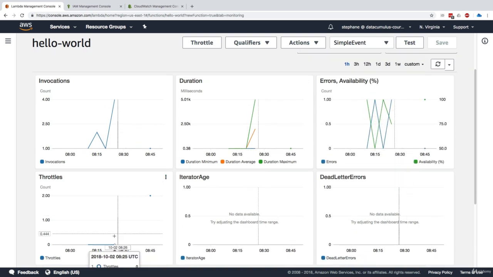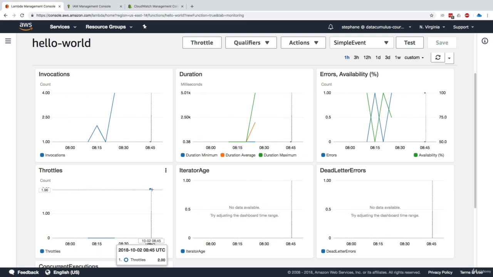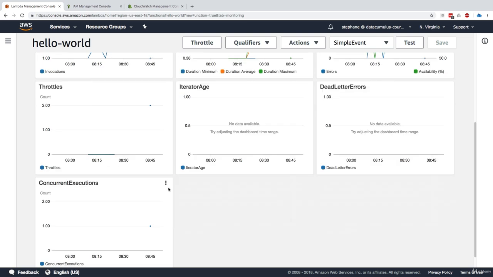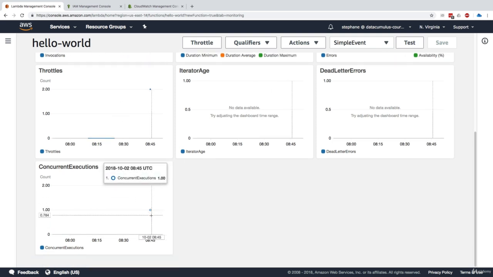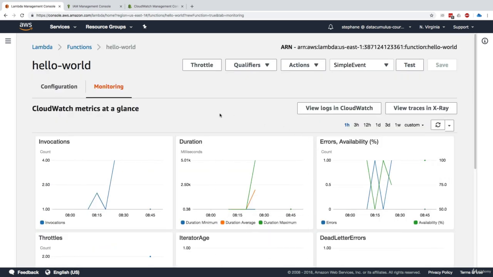Talking about throttles, here they are. We can see the throttles on the bottom left, and when we throttled our function, we had 2.0. The idea is that when you see that the concurrency is too low, the throttle graph will just skyrocket, and so maybe you should set a CloudWatch alarm on this. Finally, anytime something goes to the dead letter queue, you get a dead letter errors metric showing right here, and we can see the number of concurrent executions on the bottom left, which again allows us to set the right concurrency for our function. So very simple, but quite a powerful graph, and you get this for every single function.